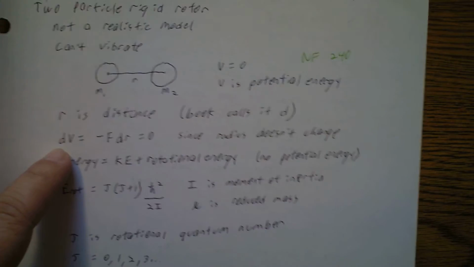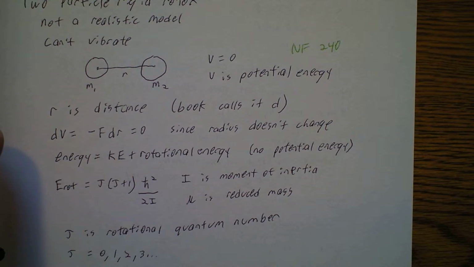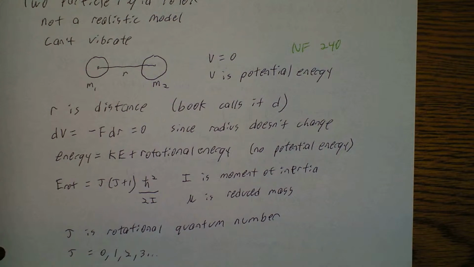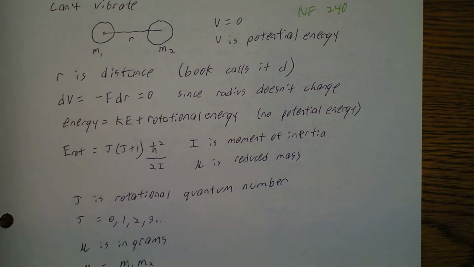So we have the differential of V, is equal to minus F dR, is equal to 0, since the radius doesn't change. So that's why there's no potential energy. There's no change of potential energy. So we're going to say the energy is just the kinetic energy plus the rotational energy, since there's no potential